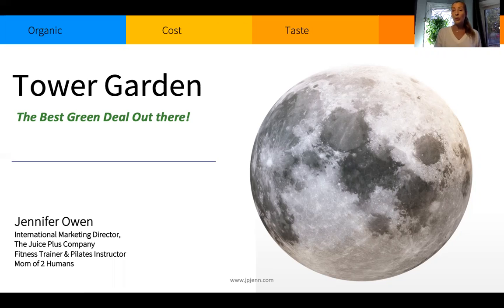there's a lot of people out there who would love to do more for the environment, but they really just don't know how. They don't know where to start. They don't know what really can make a difference. They just don't know. And so I will say that the Tower Garden has been an incredible catalyst for our